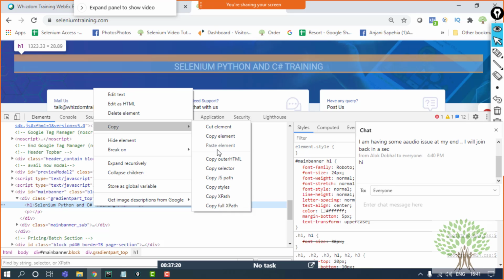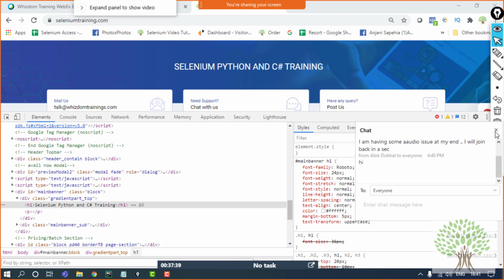You can copy the styles, copy the XPath, copy the full XPath. If you want the relative XPath, go for the copy XPath option. If you want the complete XPath, the absolute XPath, then you can go with the full XPath. Fine. This is an option.